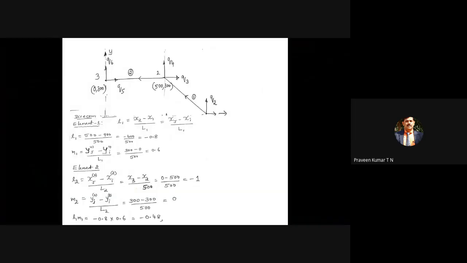So when you come to the direction cosine, this step is very important, and some local books do not give it in detail, but try to understand. It is a simple formula. You have to remember xj minus xi. Say L1, it is nothing but cos theta. Don't remember opposite side by hypotenuse, etc. Remember xj minus xi divided by the length of the element.